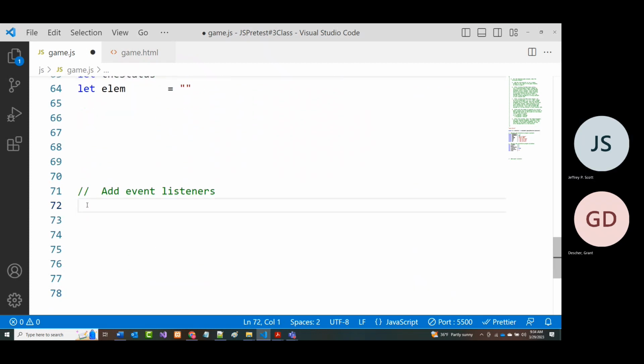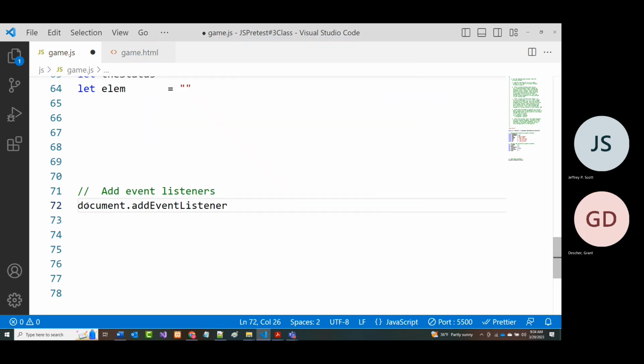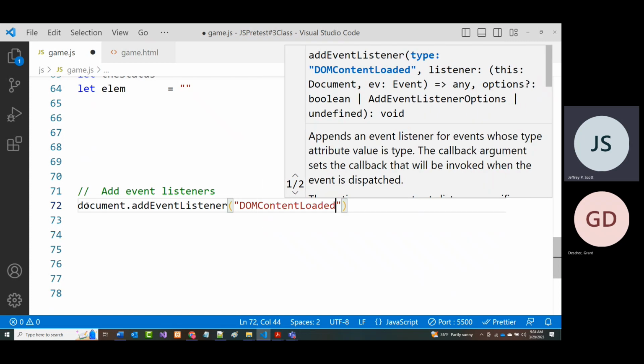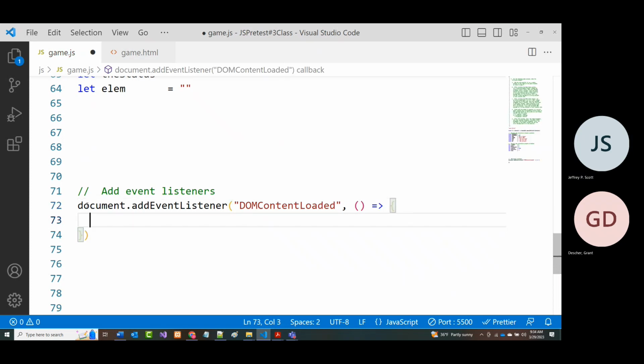All right. So this is where, again, I put in my document, for our DOM content loaded. Again, no parameters. And there's 3 buttons here. A clear button to clear the form, a button to make the guess, and a button to create a new game. All right, the clear form and the new game are very similar to one another, as you'll see in just a moment. And after we set up those 3,